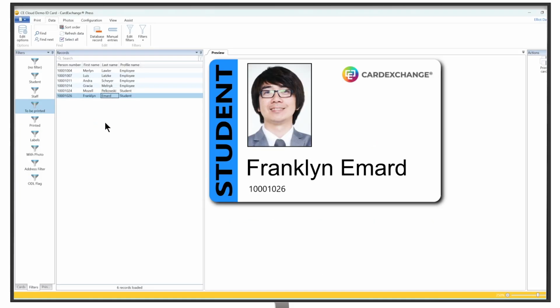Now, in terms of printing, we have some options. So the standard option is to use the CardExchange Press application, which is the one you're seeing on screen now. And this is our local Windows-based print client. So we use a Windows-based print client for printing and encoding to allow us control of the ID card printer that's connected. CardExchange has a strong relationship with all major card printer brands, so we support all card printers in